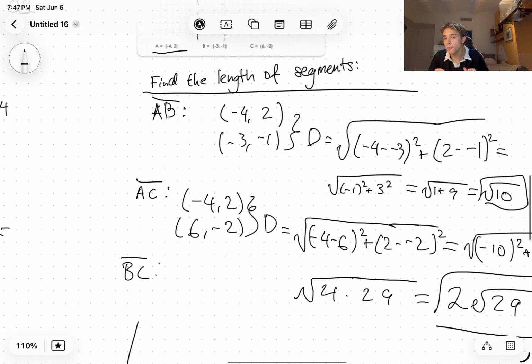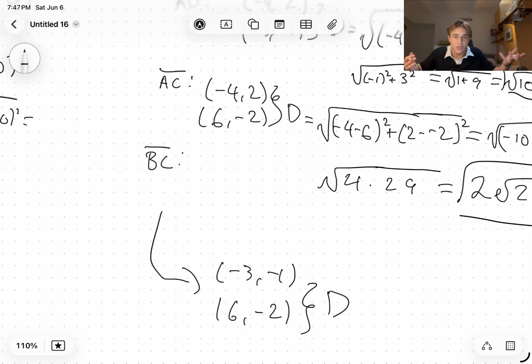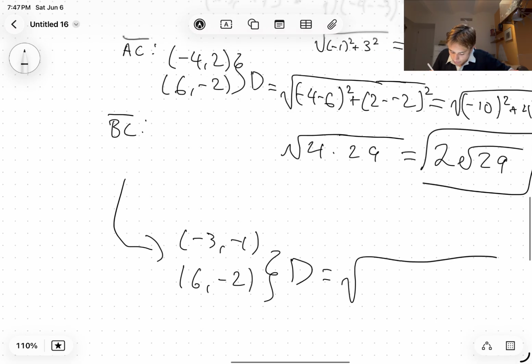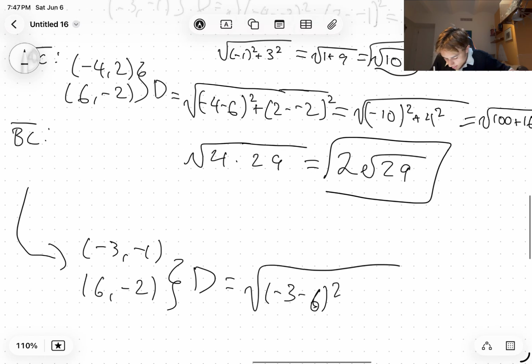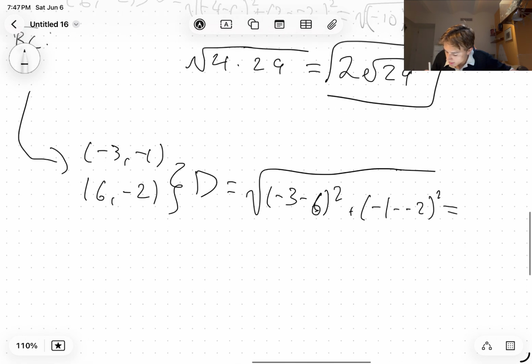So negative 3, negative 1, and 6, negative 2. So we're just going to do the same thing. We're going to plug in the same formula. So this is going to be the square root of negative 3 minus 6 squared plus negative 1 minus negative 2 squared, which is equal to